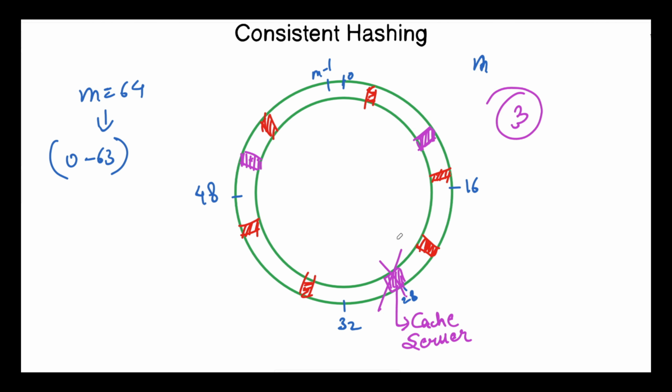This server is not present here. Maybe this is present here. So this particular server contains 2 data points. This will contain 1 data point, and this server will contain 3 data points. Due to this uneven distribution, we will not be able to achieve the k by n data point movements when there is an addition of a server or a removal of an existing server. Let's say if this particular server dies, then this point needs to be moved to this particular server. So on average, there would be more than k by n data point movements.